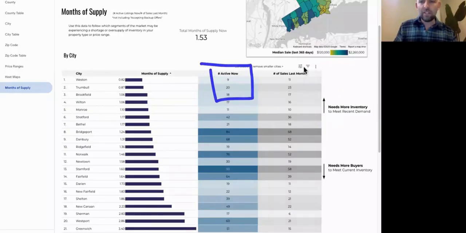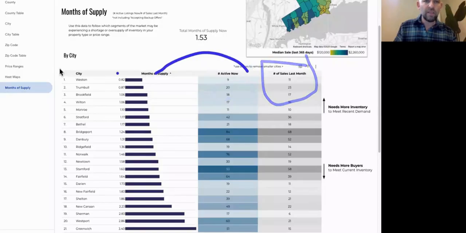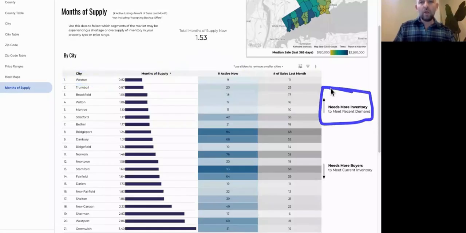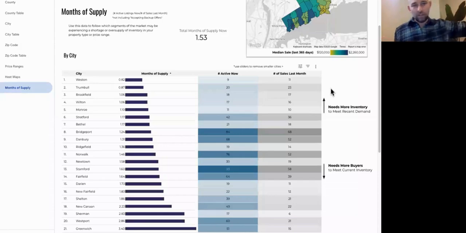And so when we calculate months of supply, obviously by what's going on here, you can see that Weston is incredibly in need of more inventory right now. So the balance of the market is temporarily out of whack. What this means is that any seller that you have that might be sitting in your database right now that's looked at Weston or looked at selling in Weston 6 months ago, right now would be an incredibly opportune time because the market needs their inventory. It needs their product, and the market will likely be willing to present a favorable transaction for them.